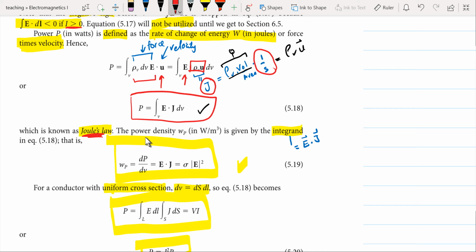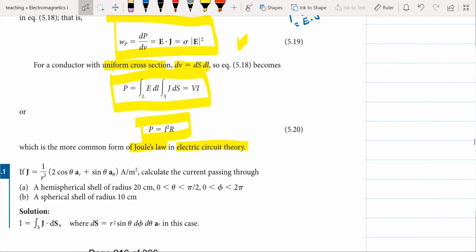And we can say that the power density, omega P, is the integrand of this term in equation 5.18. And we can simply say that dP divided by dV gives you the power density w P. And this is equivalent to sigma E squared. And for a uniform cross-section